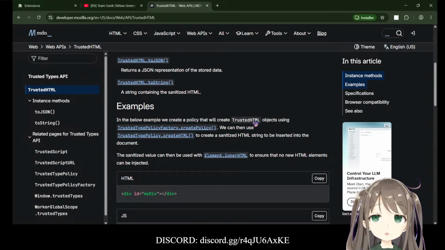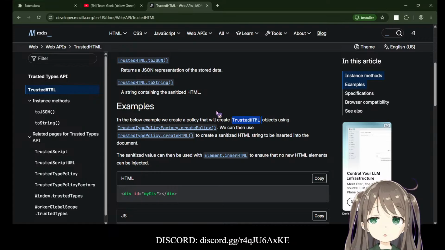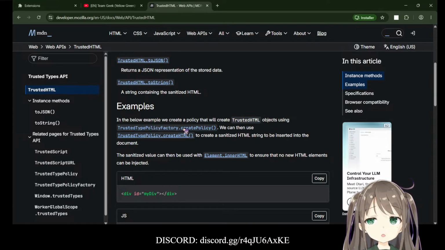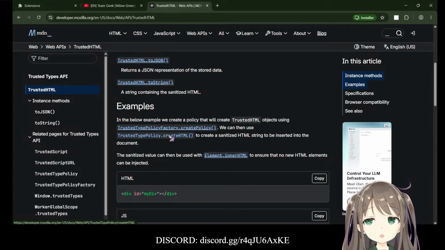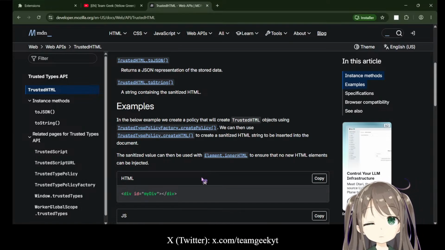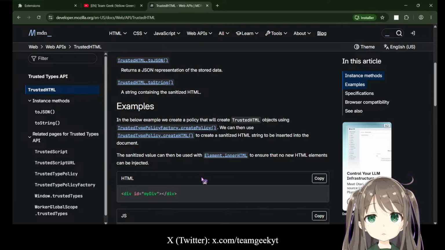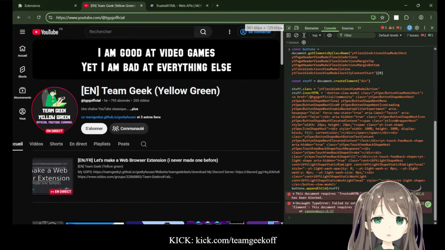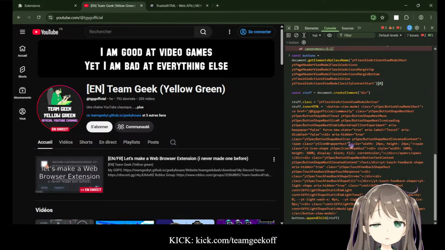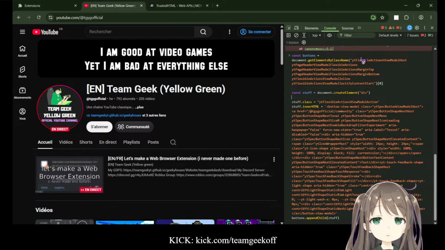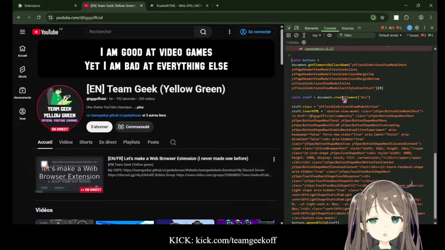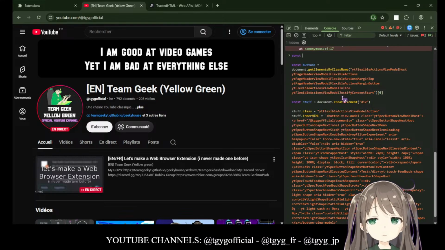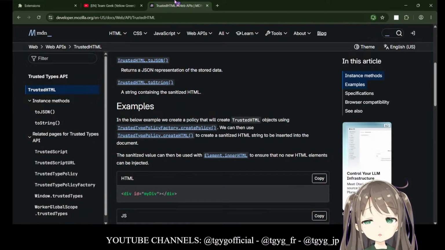So we need to create a trusted HTML object using that, and then we can use that thing to create an HTML. So if I'm correct, we need to do const trust policy, for example, equals to